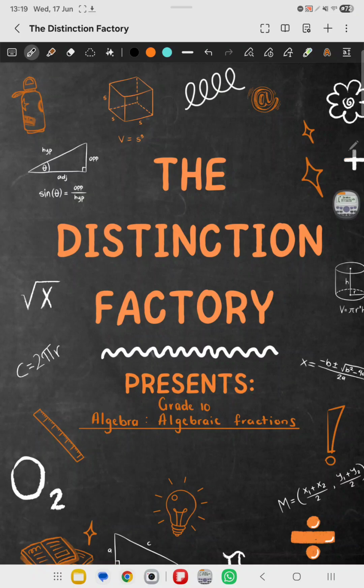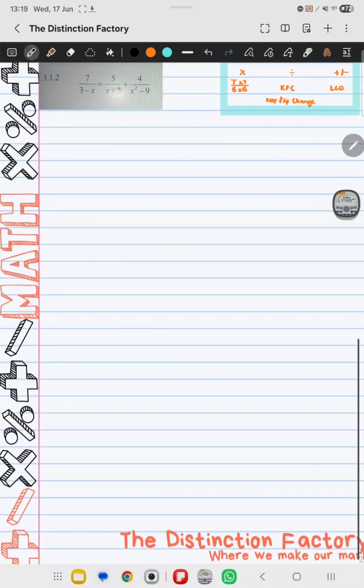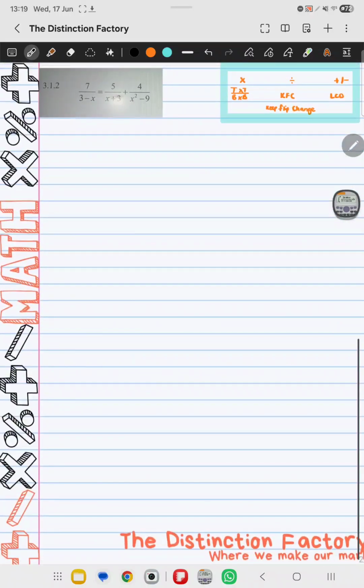And today we are going to be doing some grade 10 maths, some algebraic fractions. A student has given me this question from a past year paper. We can see that it deals with algebraic fractions and equations. And because we've got the pluses and minuses between our fractions, we are going to need to use the LCD